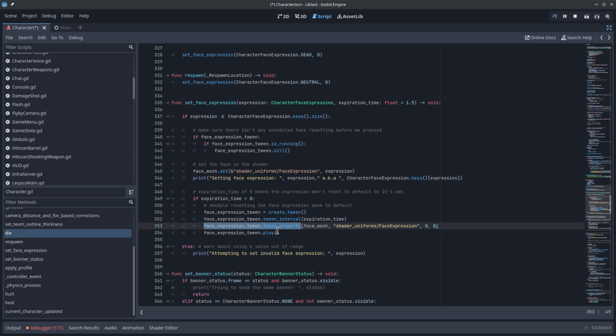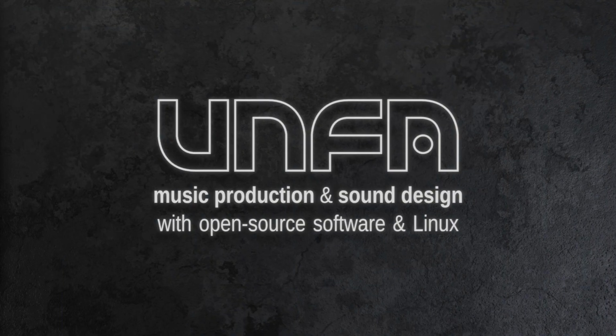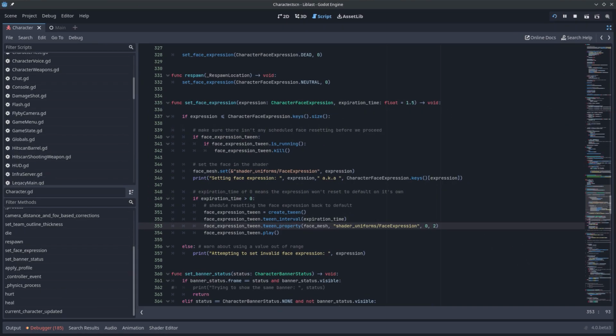Now this is usually used to interpolate things smoothly, but we just want to snap a value back to something. We're interpolating an integer value, but we don't want the expressions to sweep. I mean, we could do that. If I set the duration for this tween to 2 seconds, for example, now if I get back to the game,